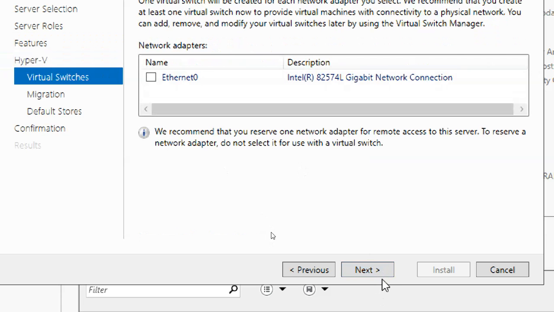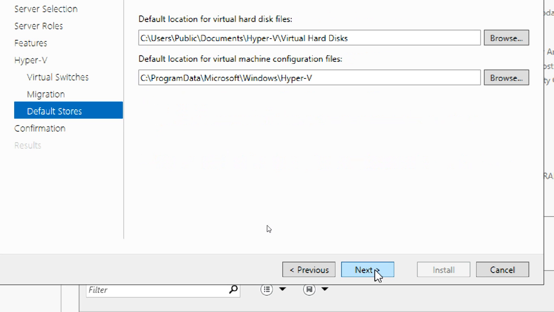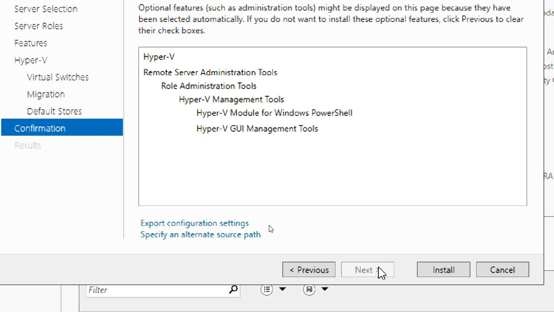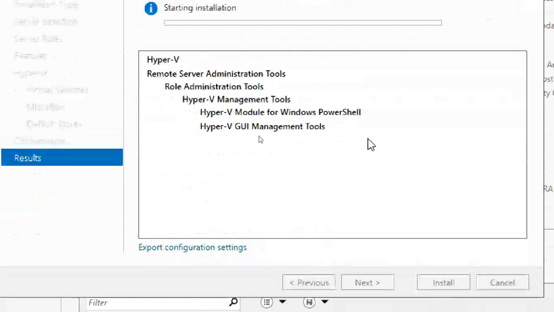I didn't select this one, I will do it later personally. It would create a switch directly, but I'm not doing that. I selected allow this server to do live migration, use Kerberos. Next. I didn't change anything here, and I selected install.